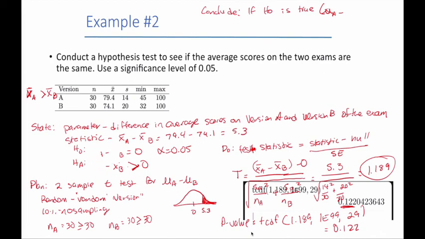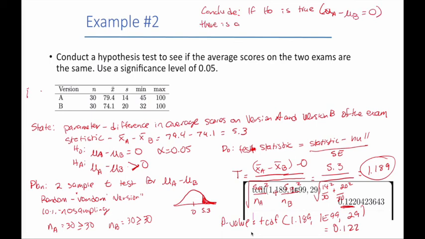My hypotheses should have mu, not x bar. Whoops. Hypothesis mu a minus mu b should be my hypotheses, not x bar. My bad. If our null is true, which is to say that mu a minus mu b equals 0,